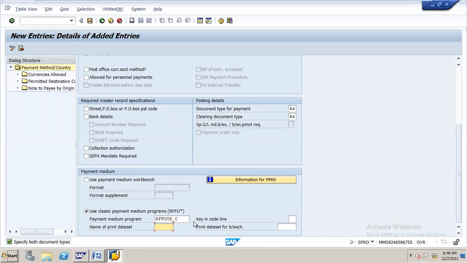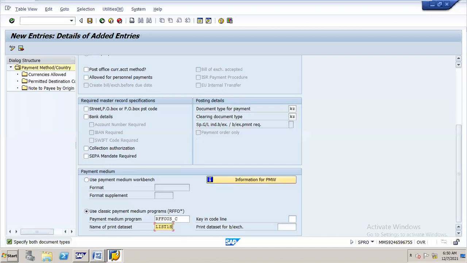Regarding customized programs in ABAP, have you worked on that? Did you get the chance? No, not in this one. I have not worked. Okay, fine. So here I am just assigning the standard programs, but in real time, based on the client requirement, with the help of ABAP, we have to develop the programs and assign them there. This is the form name for the printout, and this is the print data set, meaning printer.